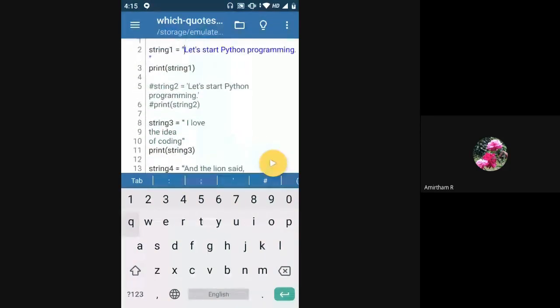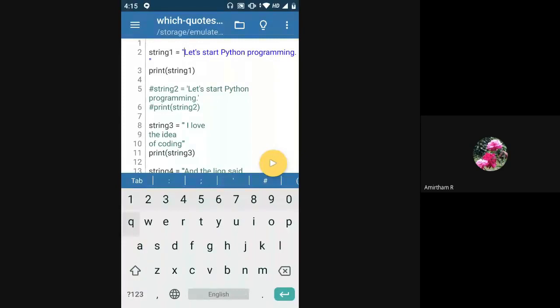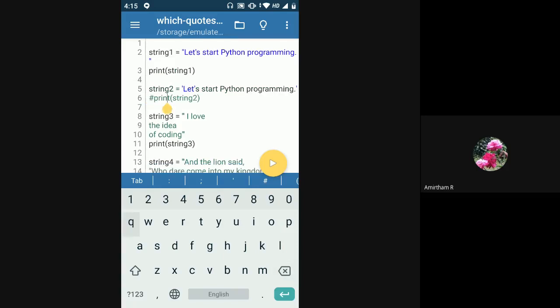We also saw why this is necessary, why we declare strings this way: if the string has a single quote, then we should declare that string inside double quotes. Why is it? Because whenever you start your string with a single quote, Python will expect that the next single quote would be the end of the string. So if your string has a single quote inside it, then only half of the string you're trying to declare will get declared.